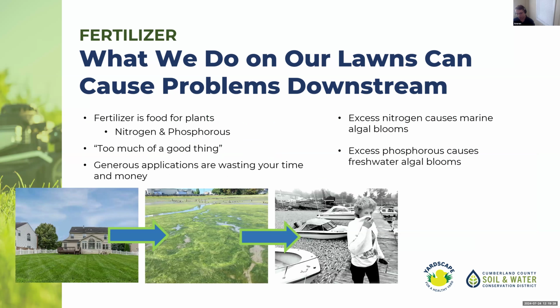And then with fertilizers, same deal with being able to run off of your lawn. Half of it's probably not even absorbing into the groundwater if you're applying too much. And then those make their way down through the storm drains and into freshwater streams, or in Portland, they might go into Back Bay, or in South Portland, they're draining out into Willard Beach or wherever. So all that excess nitrogen and phosphorus is good for your plants. That's what you want to be feeding them.